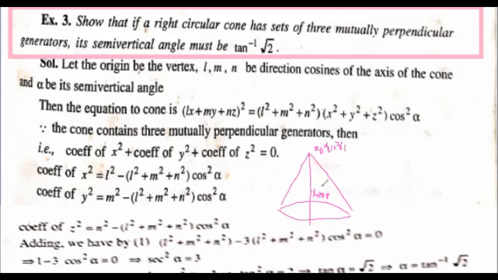If alpha is the semi-vertical angle, then the equation of the right circular cone is given by